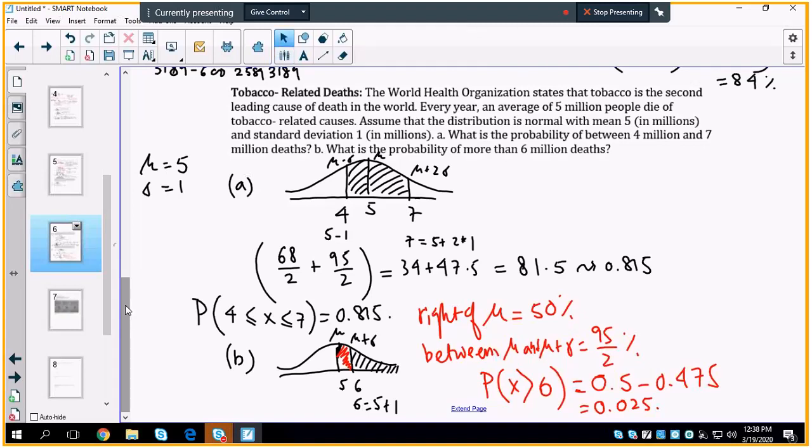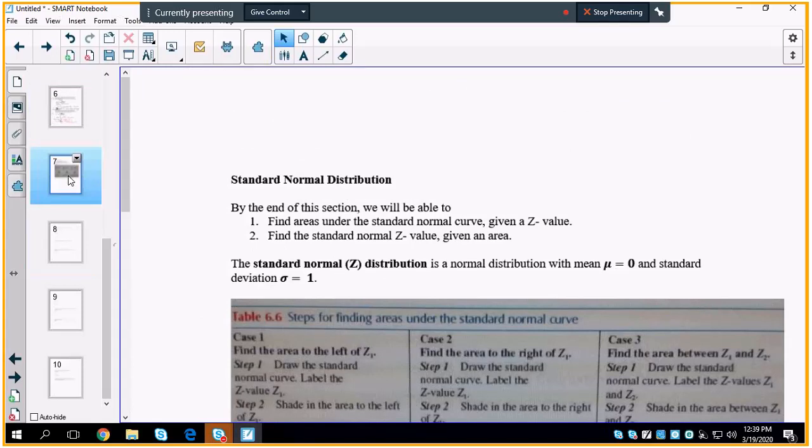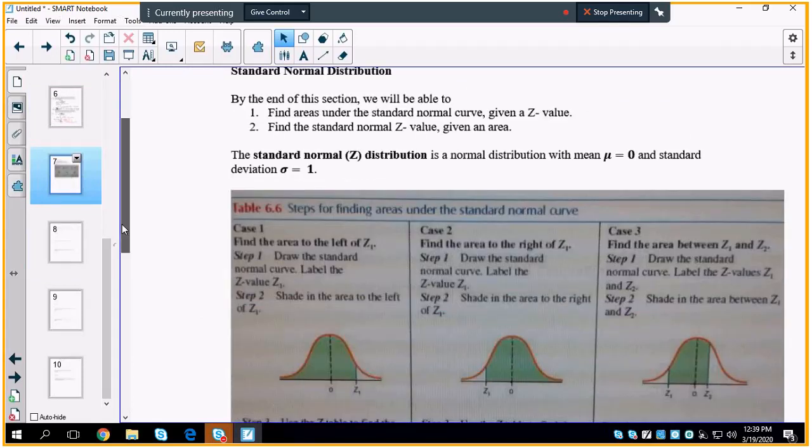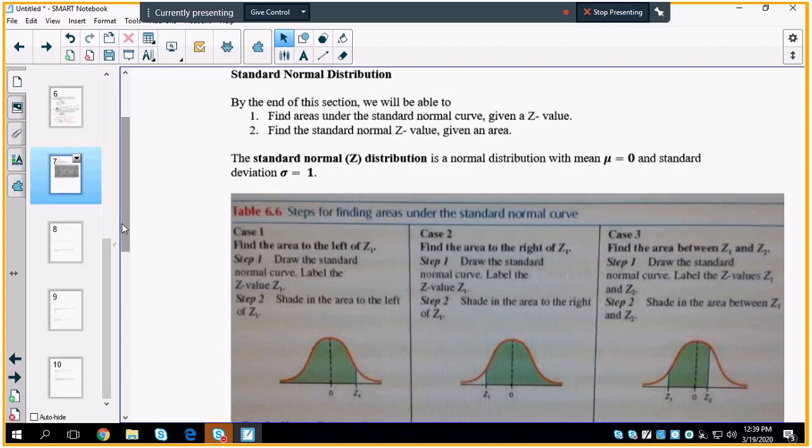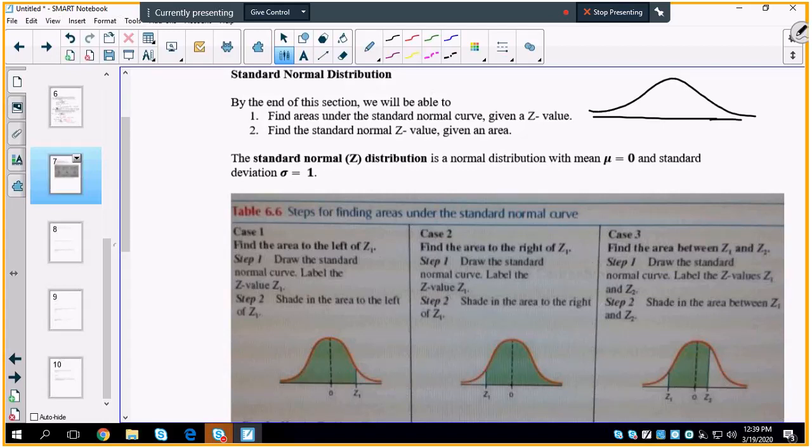Answered my question. Starting the next page of the handout, we will talk about basic rules and ideas of using the standard normal table in order to talk about probabilities. So what is a standard normal table? A standard normal table is a bunch of data values given for a special normal distribution. If the normal distribution has a mean of 0, so it is still a normal distribution, but this is special because it has a mean of 0 and a standard deviation of 1, then we call it a standard normal